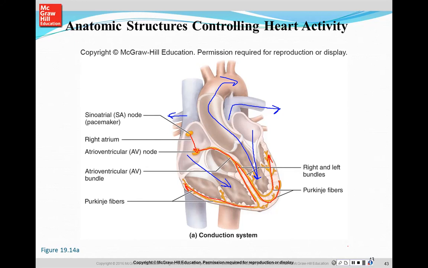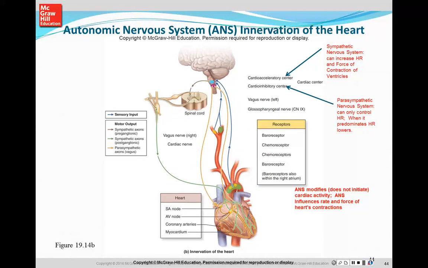So now, we say, okay, does anything control these pacemaker cells? Well, yes, but as we'll find out shortly, pacemaker cells can set their own pace, but we do have some controlling features of the pacemaker cells, and that would come from our autonomic nervous system, which you guys talked about in Bio 144. There are two arms of the autonomic nervous system. Remember, we don't have control over it, and so we have a sympathetic and parasympathetic division. And we remember the sympathetic division, as you can see up here,